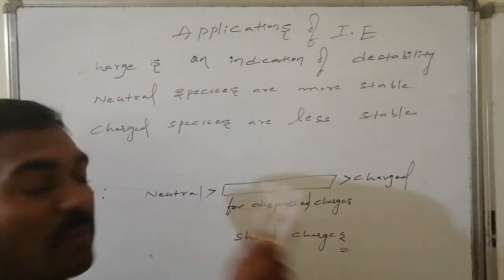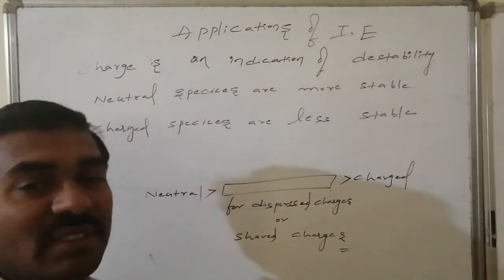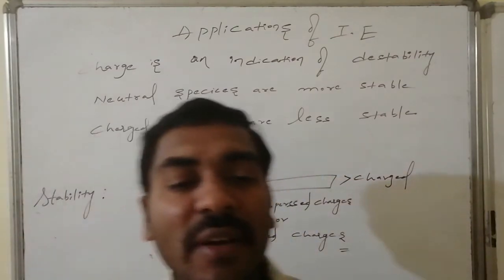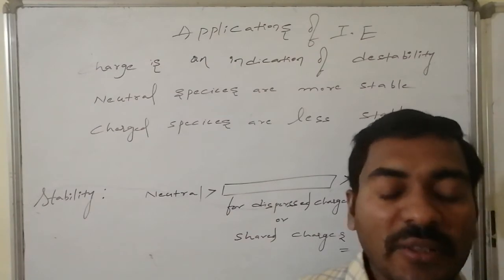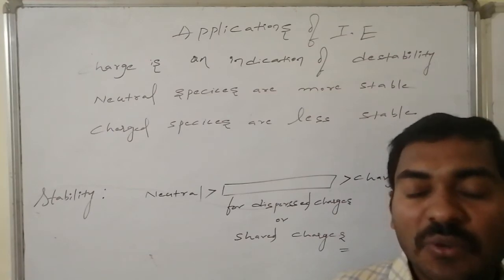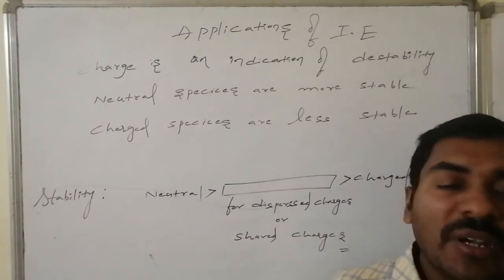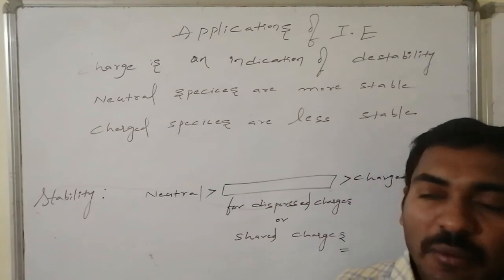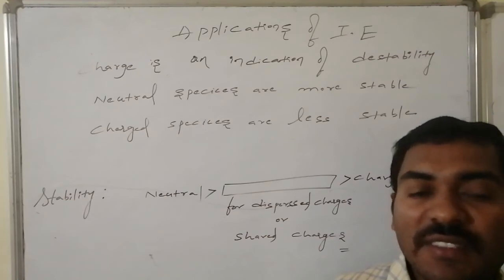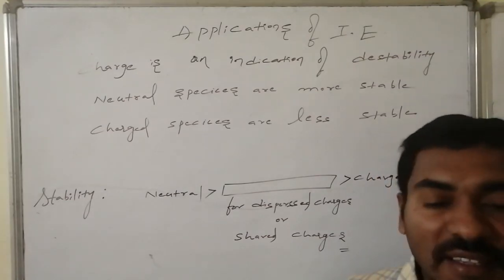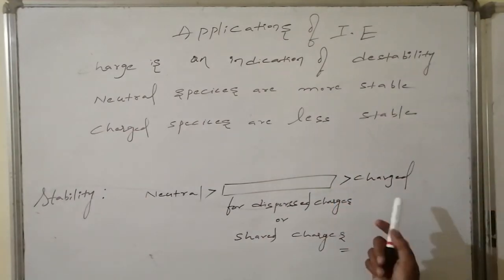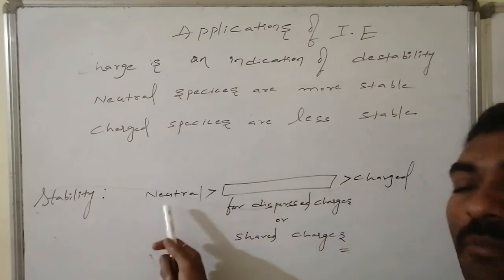Thus, when dispersion or distribution of the charge occurs, whatever charge is there on the molecule is shared between some other number of atoms in the connection. In that case, every atom holds a little amount of charge compared to the initial situation. That is called the dispersed, or shared, situation. The stability relatively enhances compared to completely localized charges, and here, completely neutral charges.